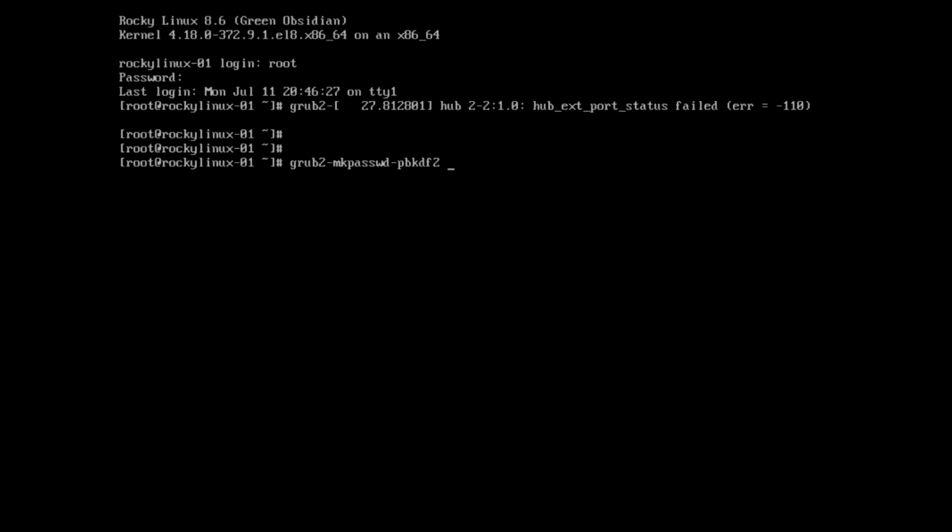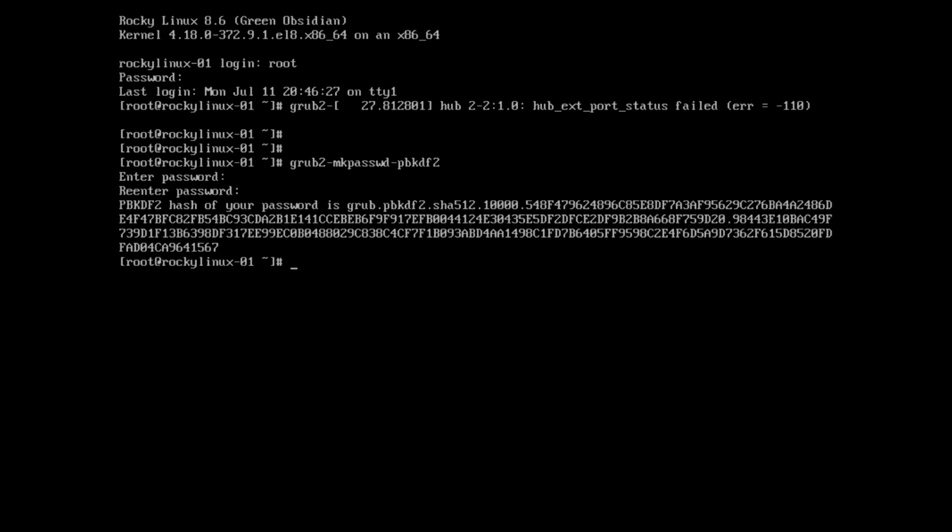The purpose of this command is to generate a hash of a password that we provide to it. Let's try it. Enter a password. You can see that it has provided us a hash of our password.